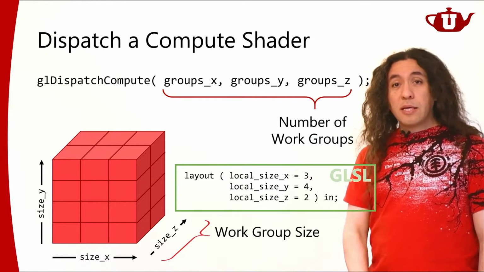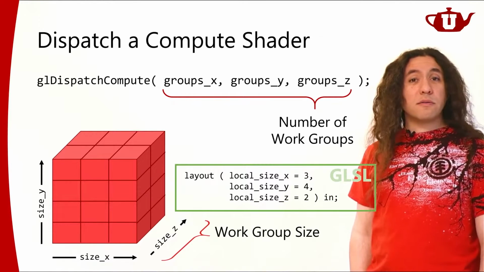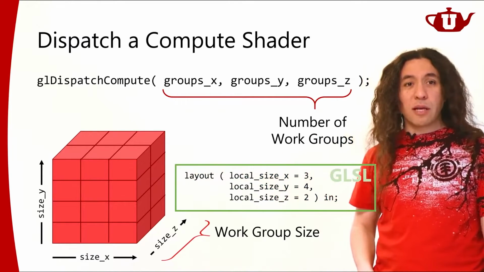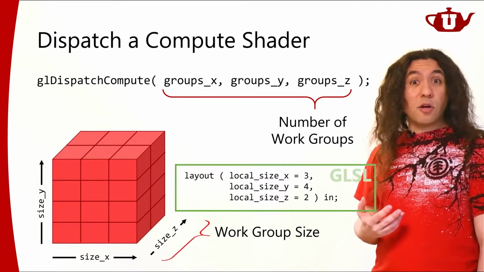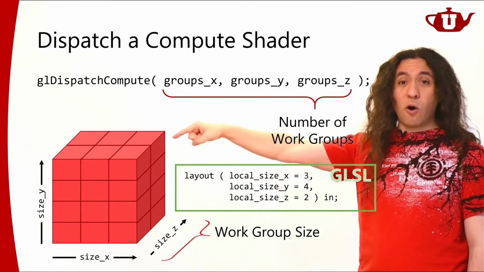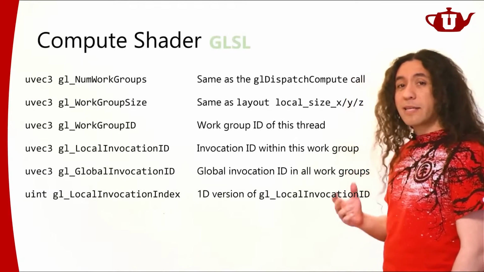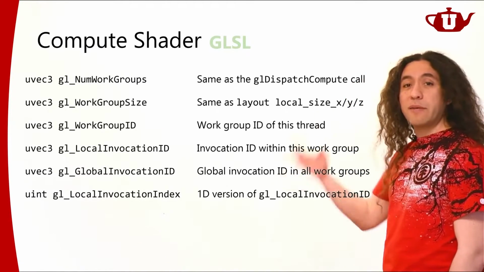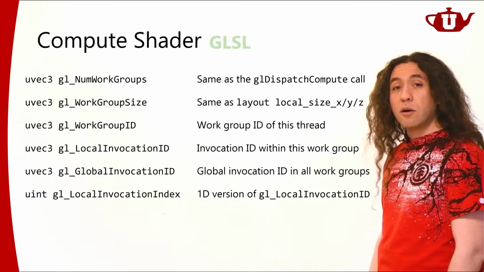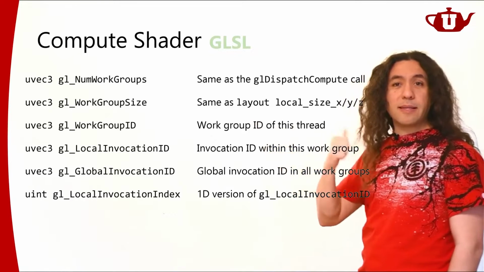Inside each execution, I will need to know where my thread is. Any thread that's running a compute shader instance needs to know where it is in this whole work group, and within its own work group where it is, right? It needs to know all this local and global information, and we will have access to all that. These are predefined variables that are available in compute shaders. So you can have the number of work groups in X, Y, and Z. That's the data you send to dispatch compute.